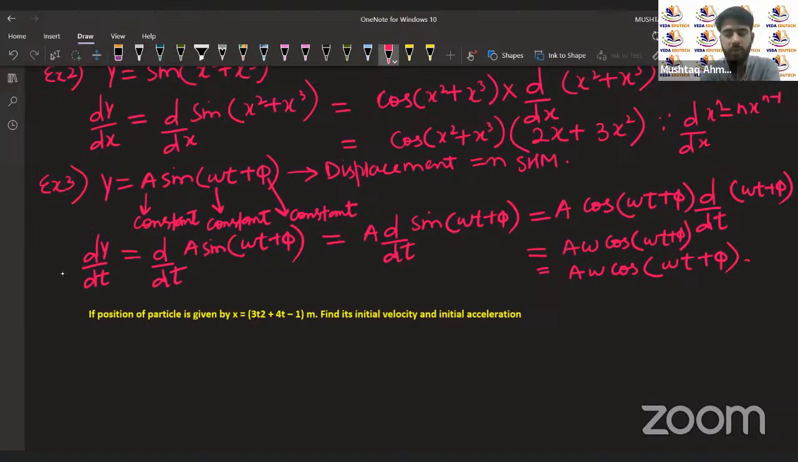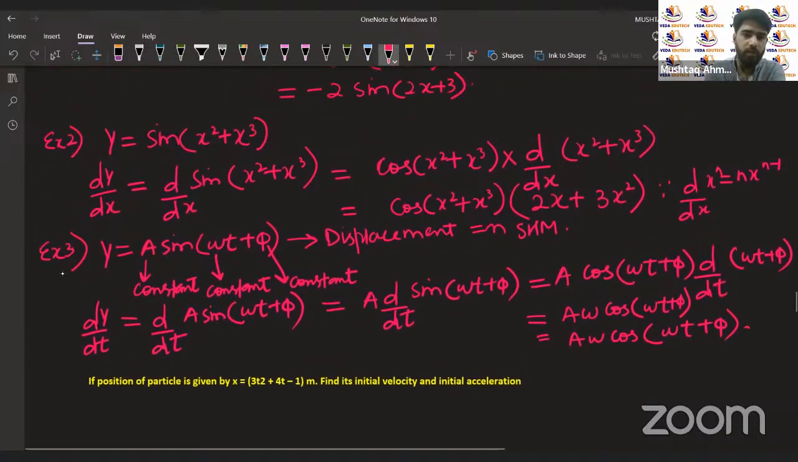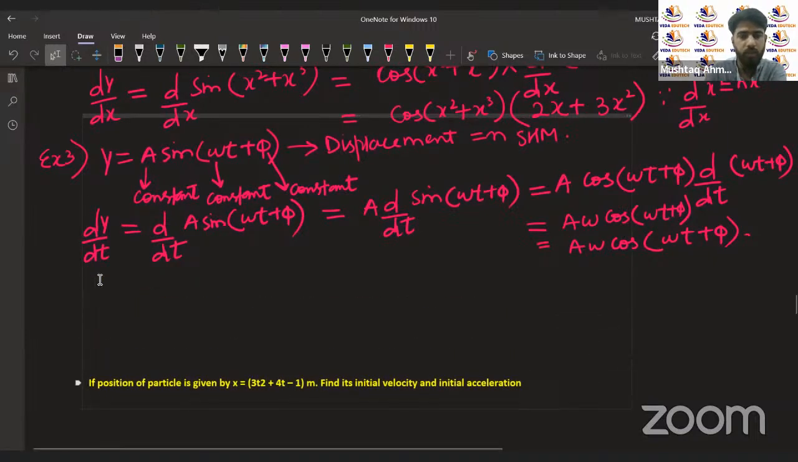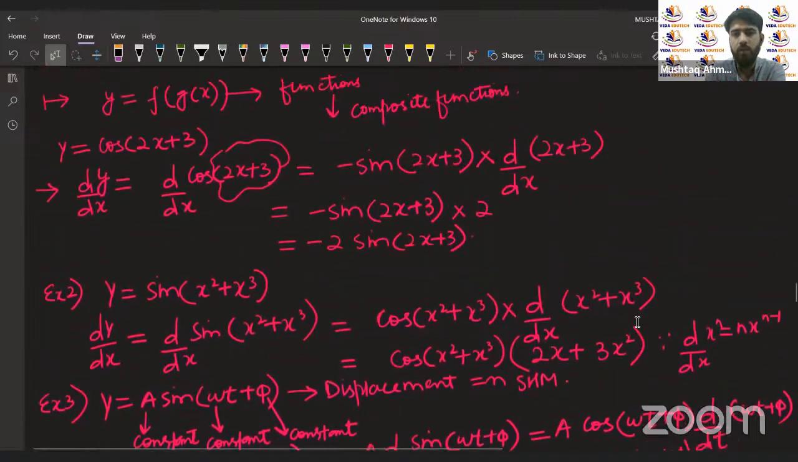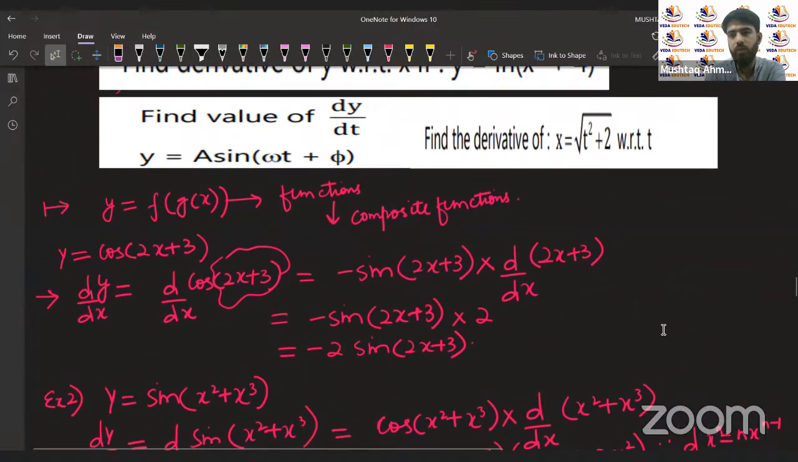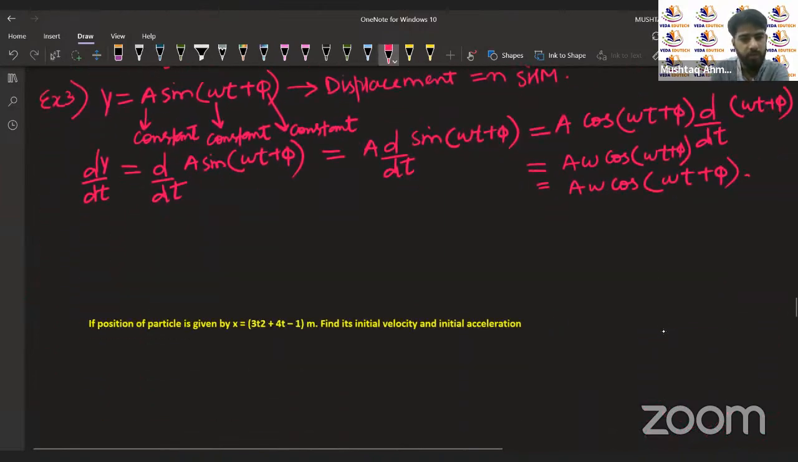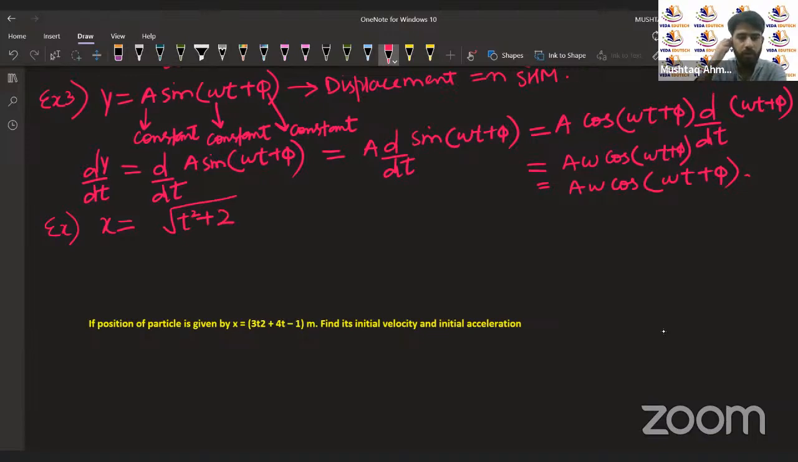तो इस तरह से हम जो है कंपोजिट फंक्शन का डेरिवेटिव कैलकुलेट करते हैं। हमारे पास और एक एग्जांपल है, that is x is equal to under root of t square plus 2. Example is x is equal to under root of t square plus 2। हमें इसका फर्स्ट डेरिवेटिव कैलकुलेट करना है t के